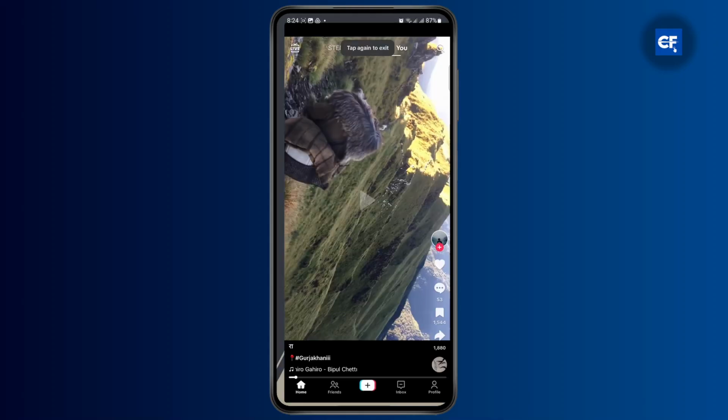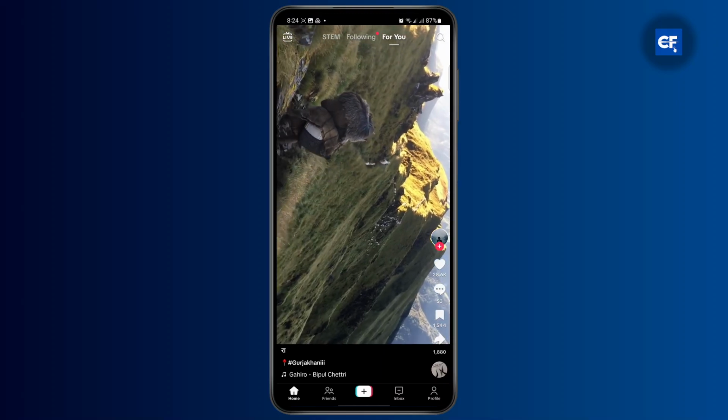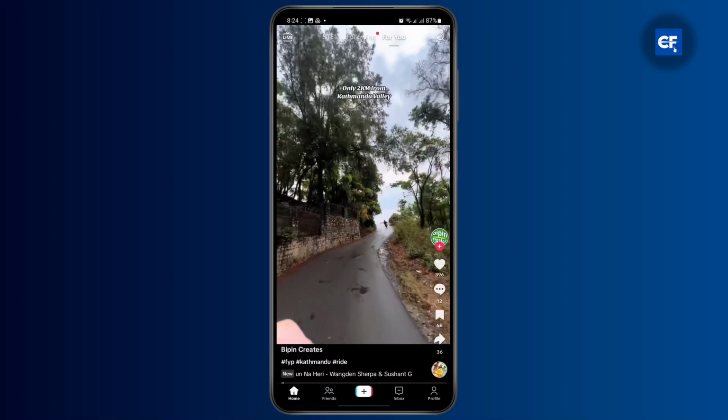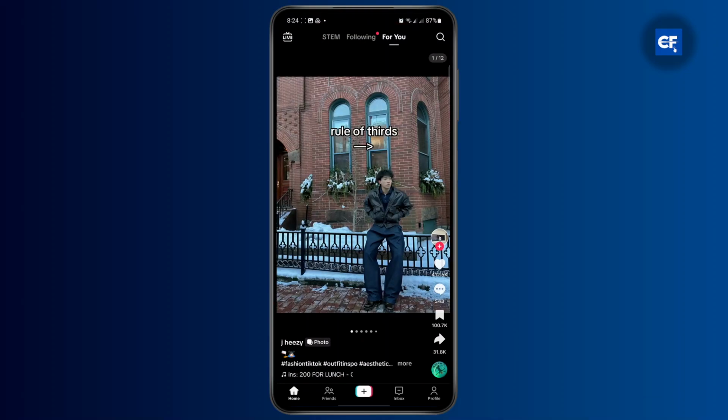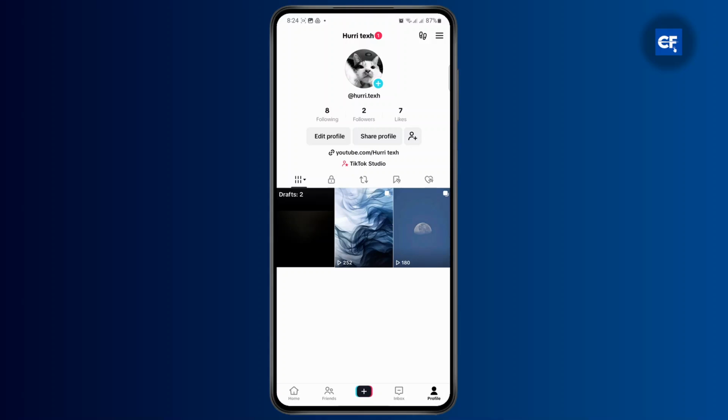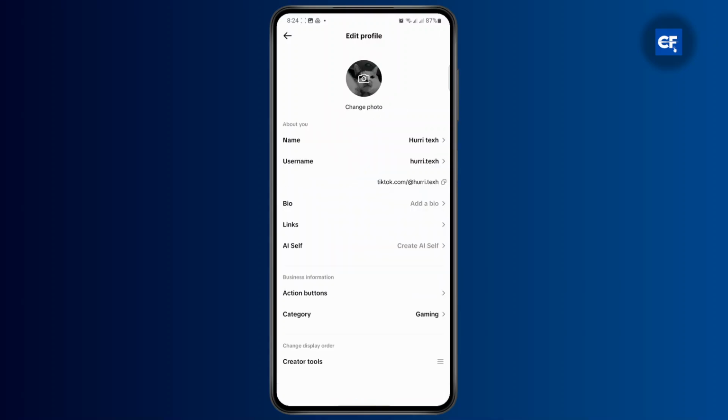First things first, open up your TikTok application and make sure that you are logged into your account. Once you are logged in, you just need to simply head over to your profile icon at the bottom right. And once you get here, tap on the edit profile option to change your profile picture or potentially try to